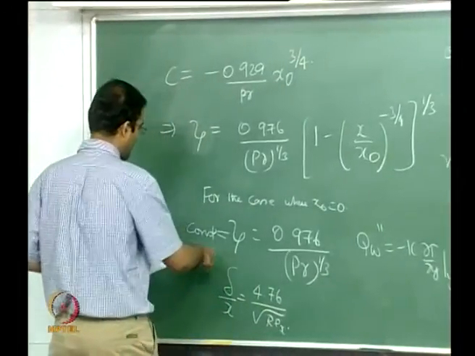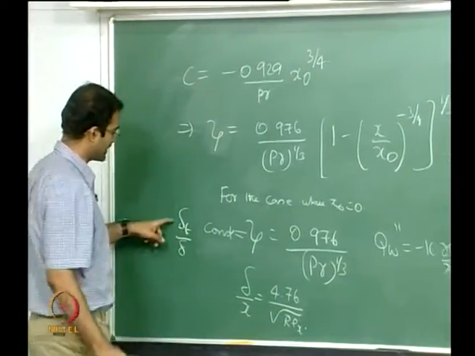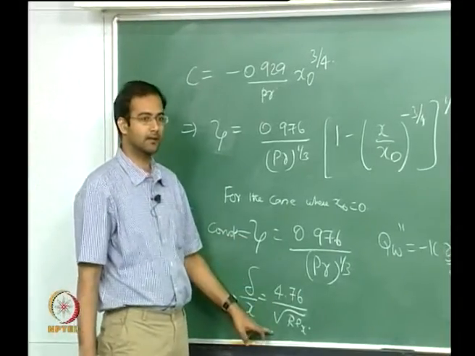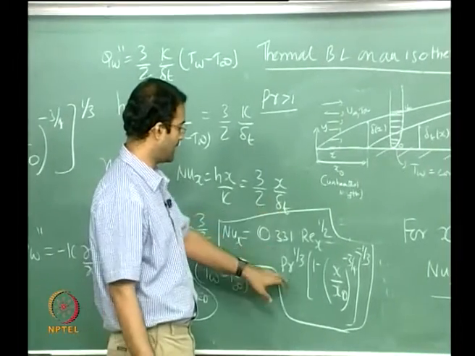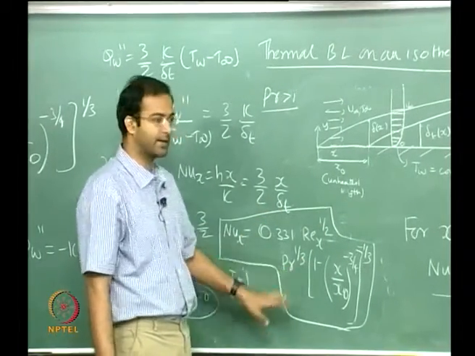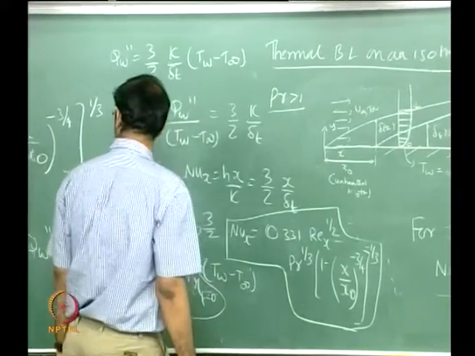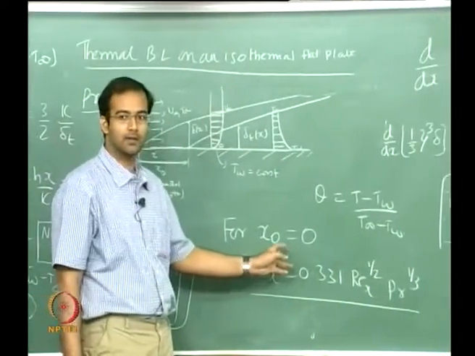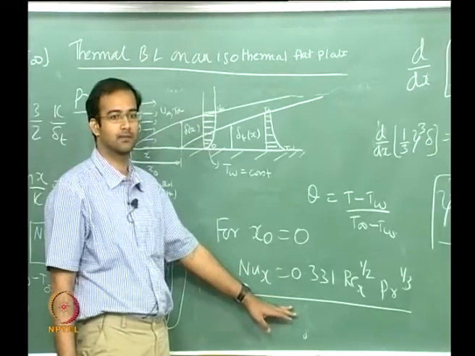Because you have this delta t by delta, you can write this delta t as zeta into delta, and delta you already have the expression. You can just substitute that into this, and finally you will get a very neat expression in terms of Reynolds number and Prandtl number. So for the case where you are heating right from the beginning, this is Pohlhausen's case.